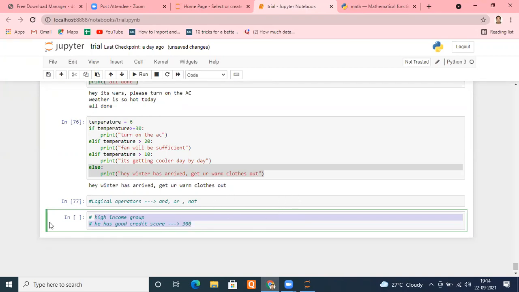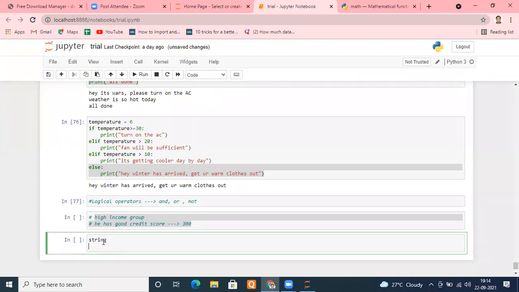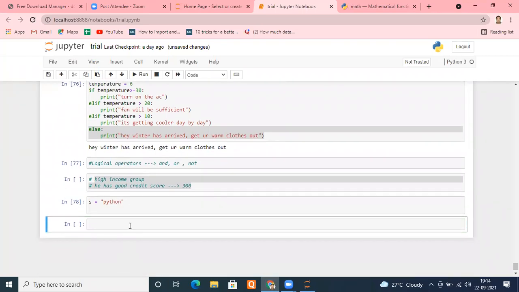Before that, actually, I just remembered one thing. There is an operator for strings which is known as the membership operator. You'll understand that thing in just a second. For example, I'm using a string, let's say Python. Okay, I'm running it. And because this may help you out, that's why I'm telling you.